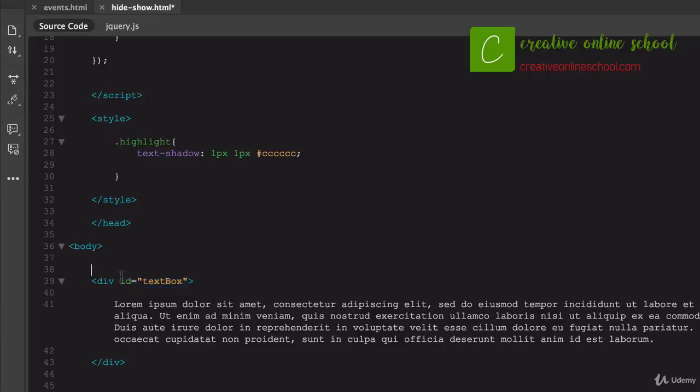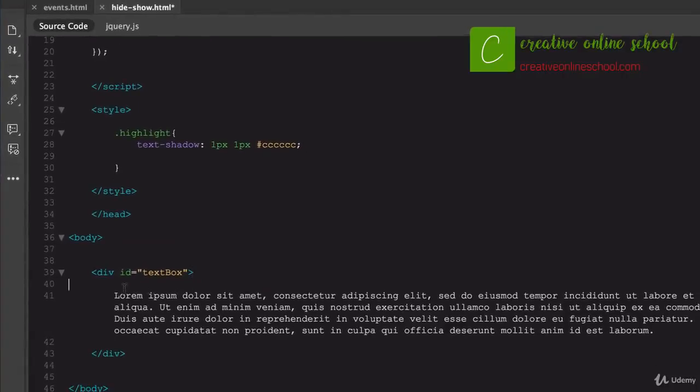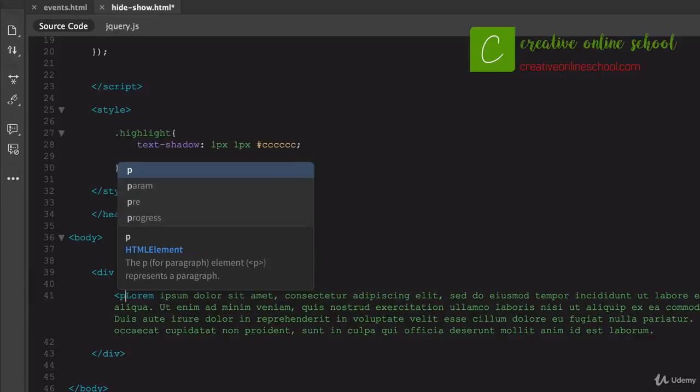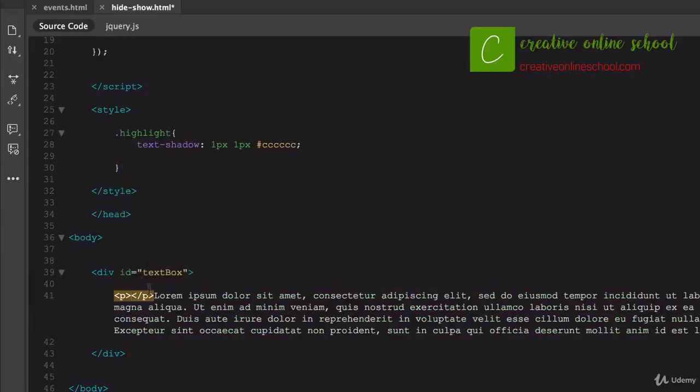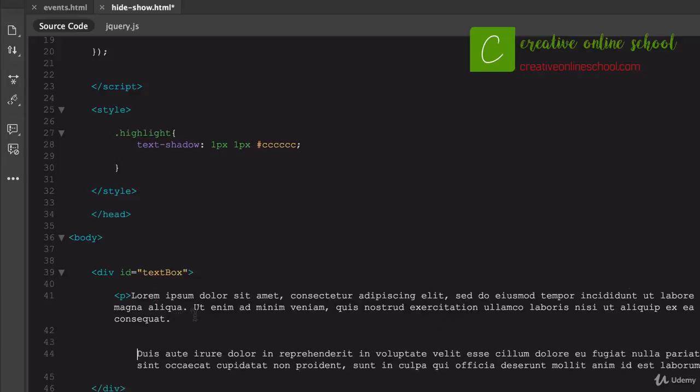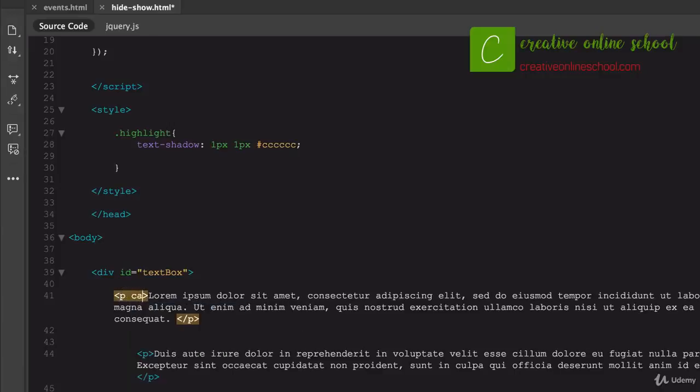Now I've got this ID here that was from a previous area. That still kind of works here because we don't need to worry about this. But we do need to give this paragraph here something very specific. I'm going to cut that out. In fact, I'm just going to do this just for the first sentence area up here, just to show you the difference. So we open that paragraph tag, we'll open a new paragraph tag here, we'll cut that guy out, and close this one out. Again, just to show you the difference here, I'm going to add just this one class